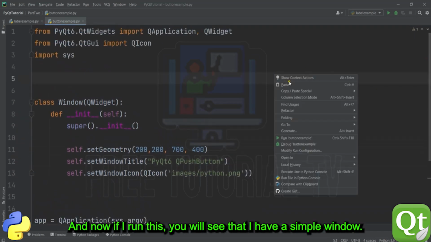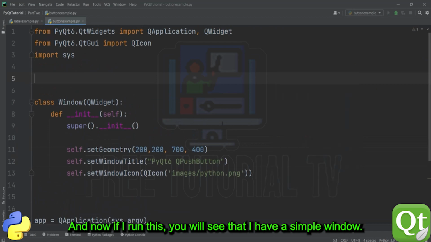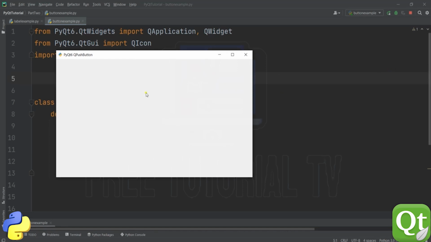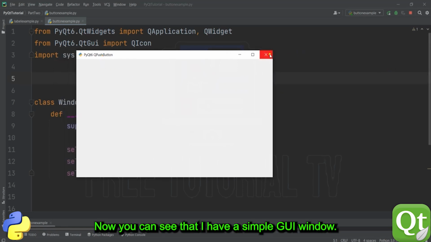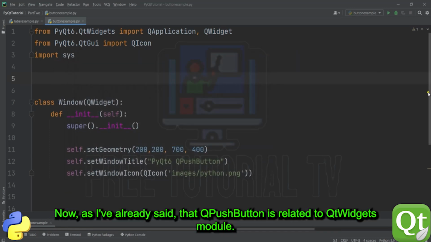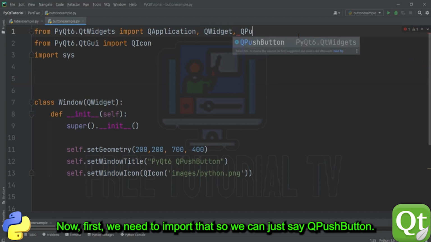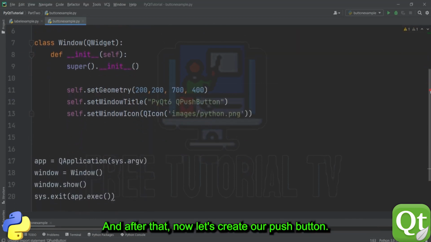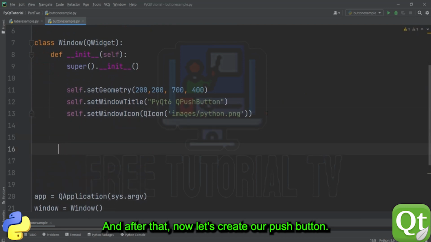Now if I run this, you will see that I have a simple window. So now we can see that I have a simple GUI. Now I have already said that the QPushButton is related to the QtWidgets module. So first we need to import that, and after that let's create our push button